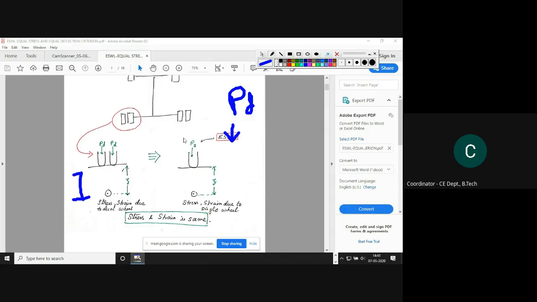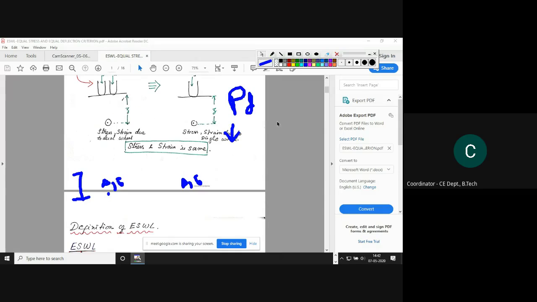Clear? That means whatever this wheel load will generate over this pavement at a certain depth must be equal to the same conditions. That means the same stress and strain value at the same depth. So see here, suppose at this point it is generating some deflection delta and some sigma. At the same depth, the stress and strain generated by this will also be delta and sigma. Both should be the same in order to find the equivalent single wheel load.